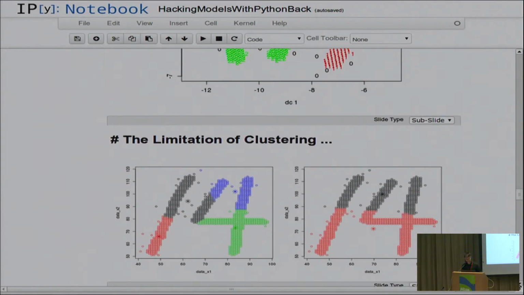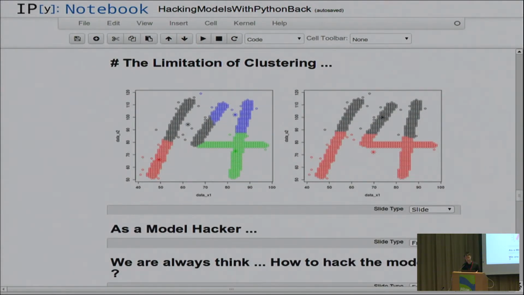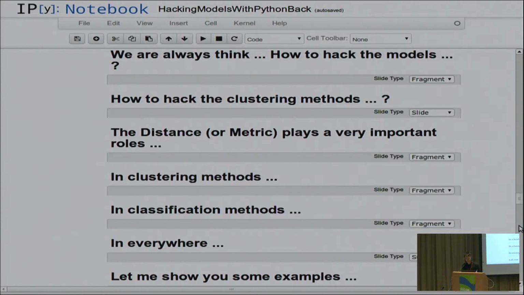So what is the limitation of clustering? The limitation of clustering is that you cannot put two data points together by yourself. You can only let the data be aggregated together by their distance. So how to hack the clustering method? The key point is the distance. If you control the distance, then you can control the clustering method, also the classification method. Actually, everywhere has